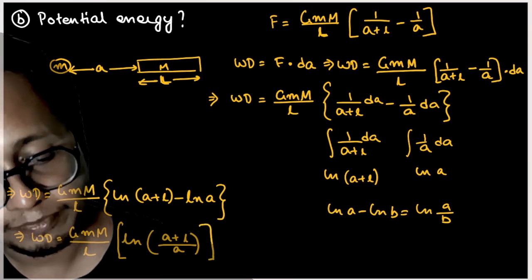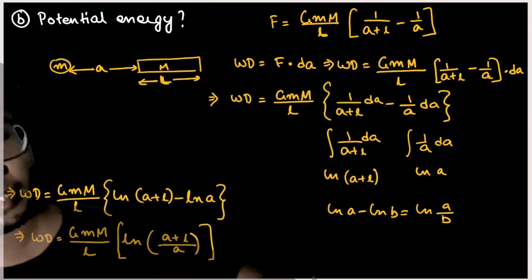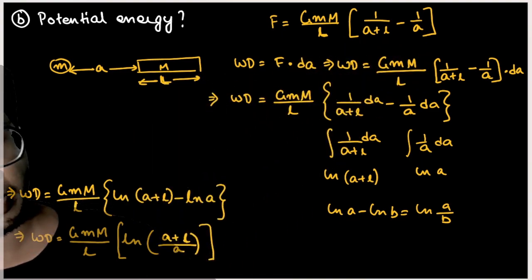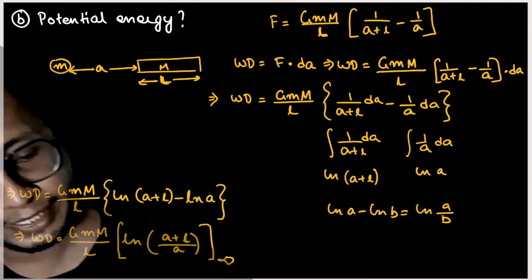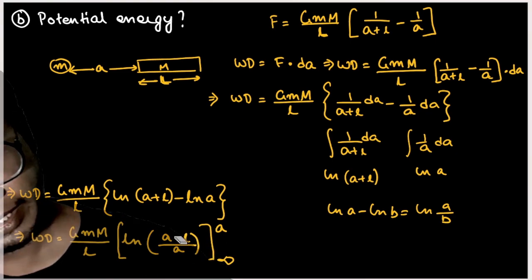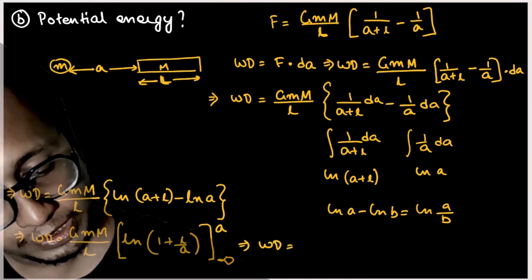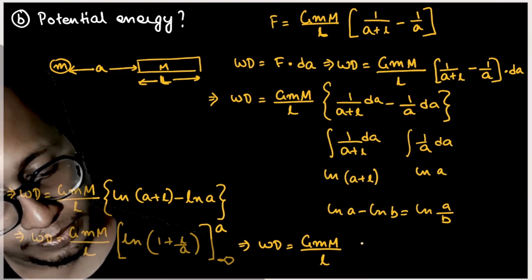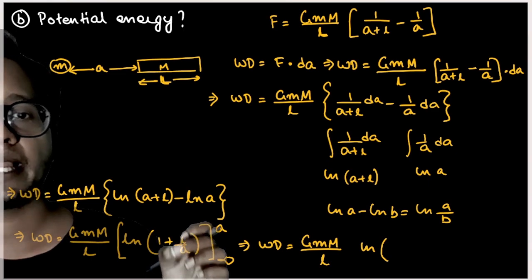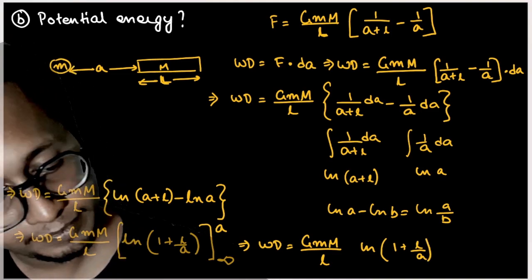Now to put in the limits, I've solved the integration fair and fine. The lower limit out here is nothing but infinity, since we want the work done in bringing this mass from infinity to this distance A. So the initial point is infinity and the final point is distance A. Here (A plus L) divided by A can be simplified as 1 plus L by A, isn't it? So work done is equal to G m M by L into ln of (1 plus L by A), minus